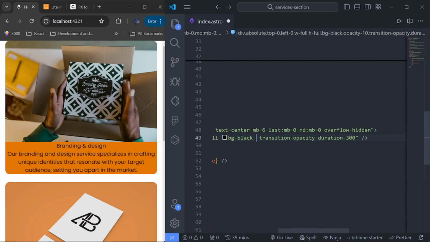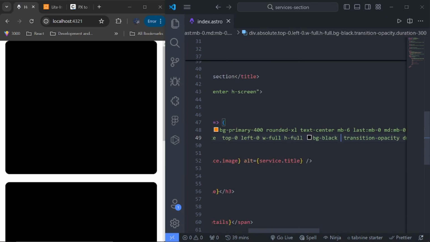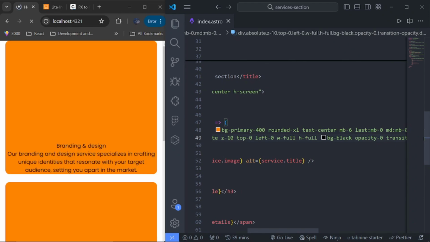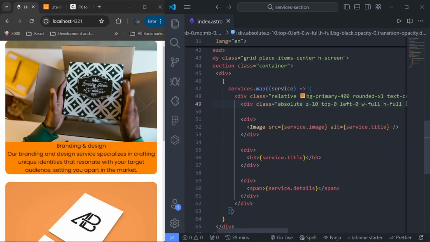Let me get rid of this two stuff first of all. Yeah, so it's coming in. So set this back to 0. Set this back to 0. All right, cool. So let's style this